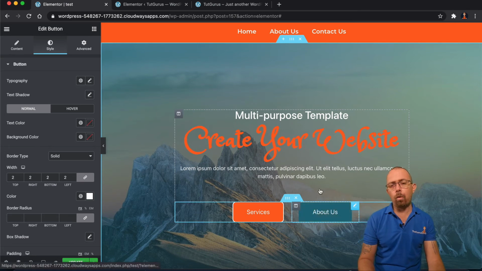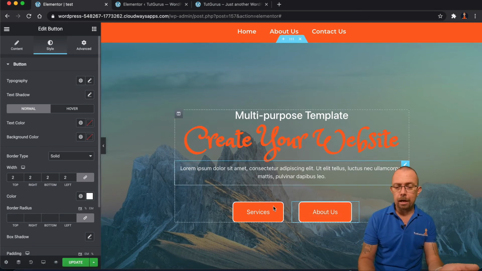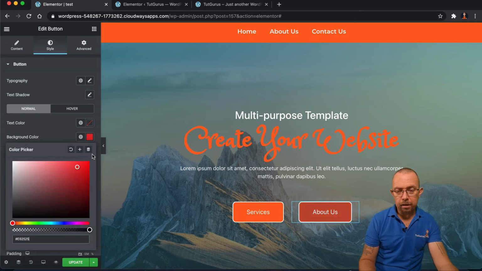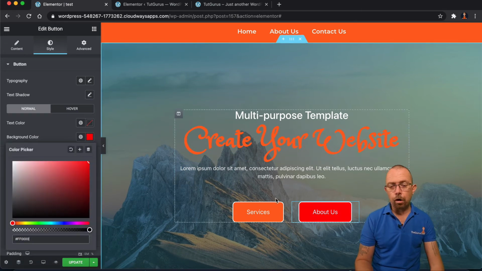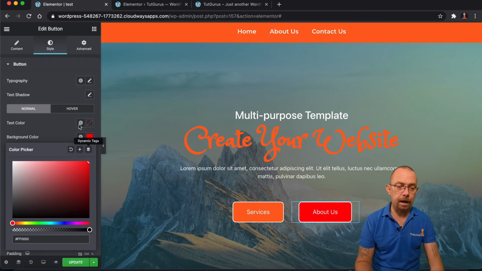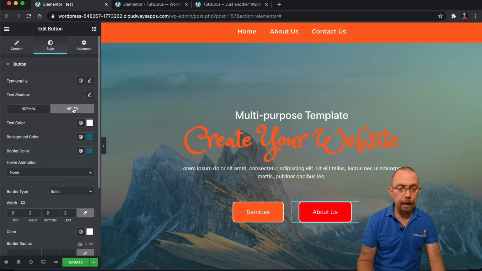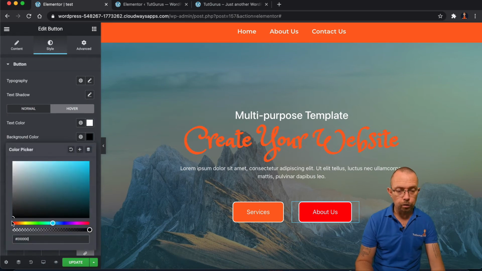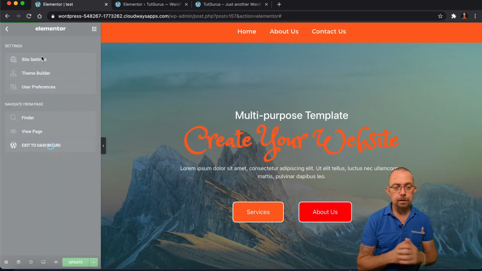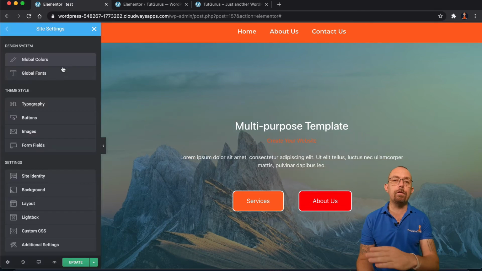So I might want these buttons to be like this, but let's say, for example, I wanted that button to be different. I could then come to the pencil on that button, come over to the style, and under background color, I could make this one red. So all buttons are orange except for this one. And when I hover, it's the same: I can add hover here and choose black, for example, when I hover over. So you have your main global settings, your main site settings, but you can override all of them.